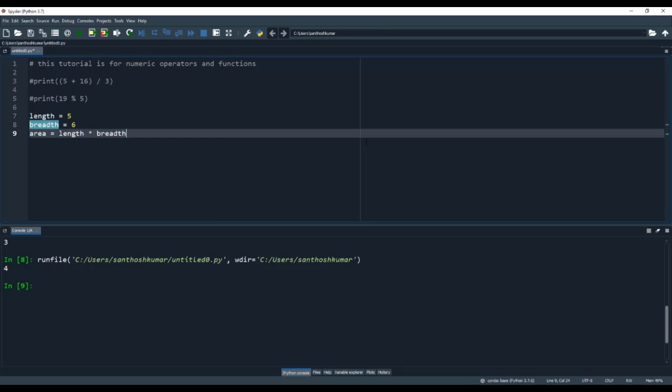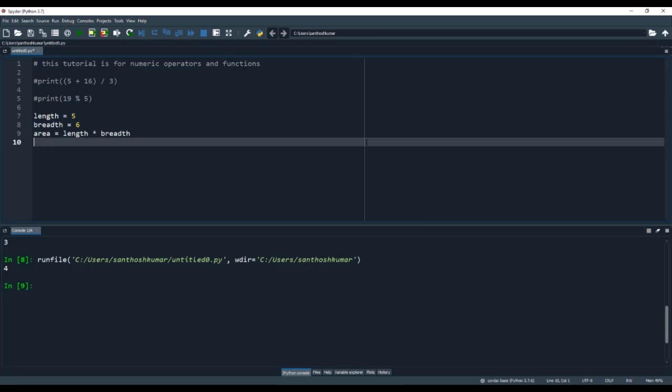So I'm doing the computation and assigning it to another variable. Now I am printing the area.